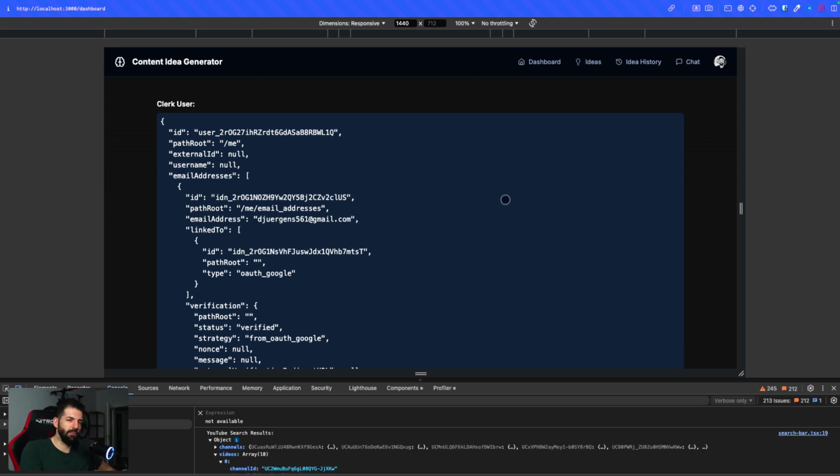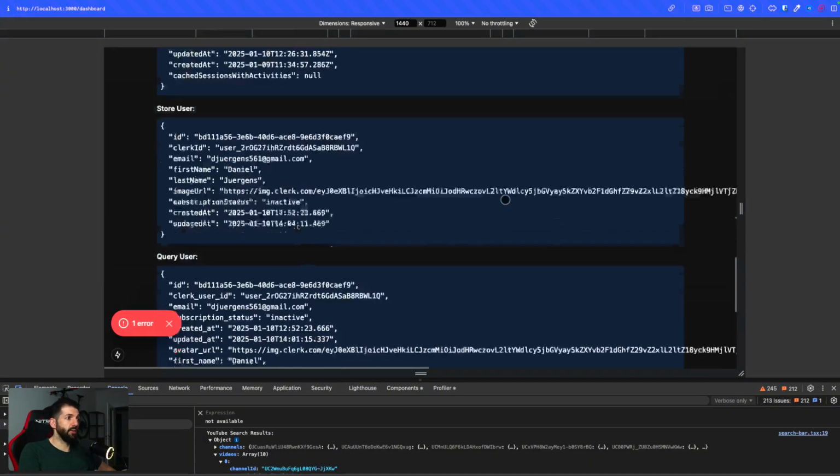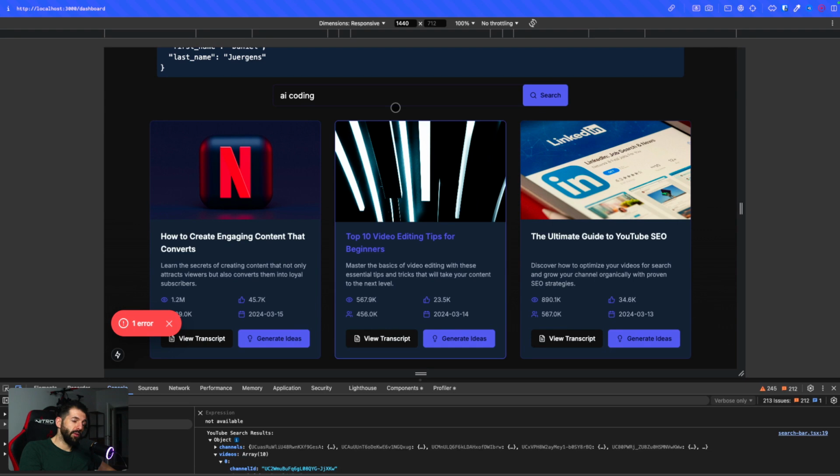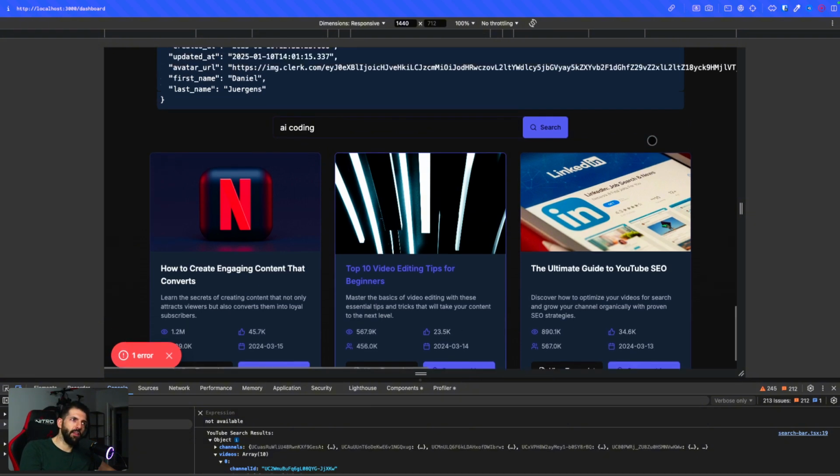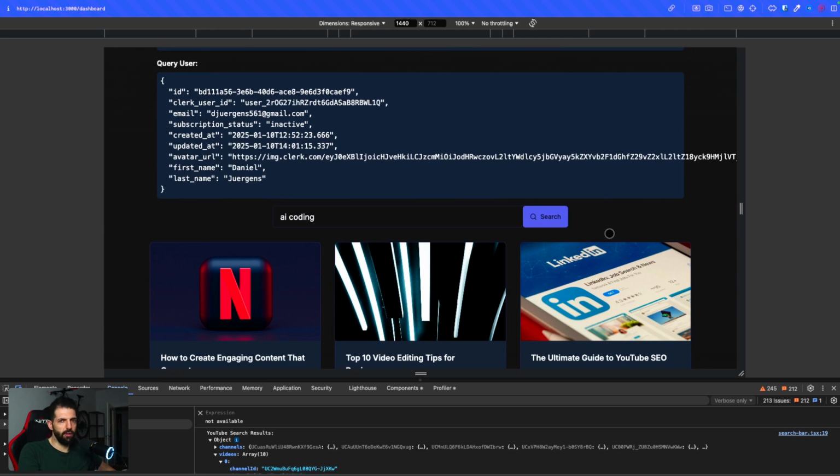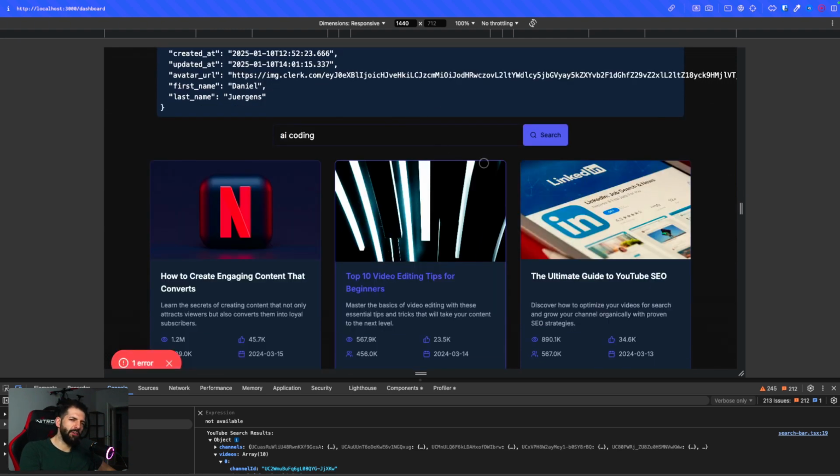This is just an intuitive solution that I'm using, okay? What I want to implement is that sometimes the user is searching for the same keyword multiple times. Maybe he's searching for AI coding, then he clicks on generate ideas, and then he goes back, searches for another query, and then he's searching for AI coding again. I don't want the application to make an API request every time the user is searching for the same keyword. This is why we are going to use React Query to cache the results for a specific